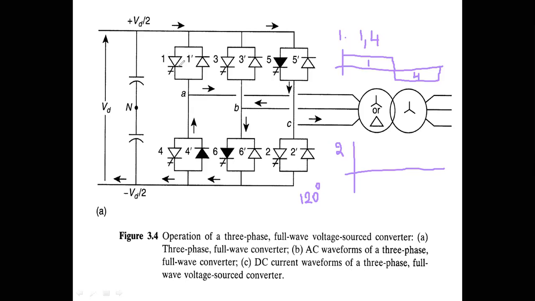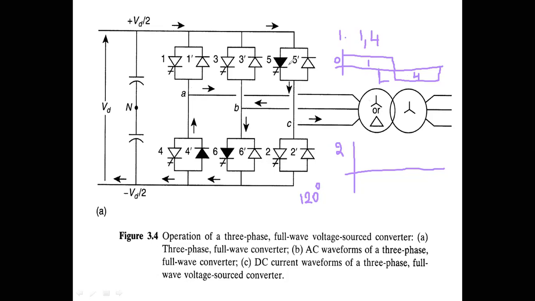So for example, if this is conducting at 0, assume that it is turned on at the 0 instant. After 120 degrees, then 3 will be conducting. Remember, 3 can be turned on even while 1 is on, or 6 will be conducting. Any one turn-off device will be conducting in a single leg, and each conducts for 180 degrees.